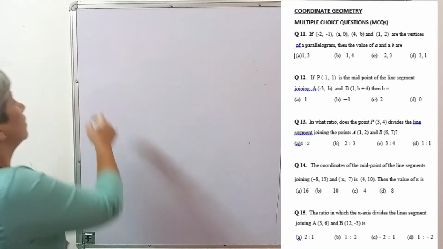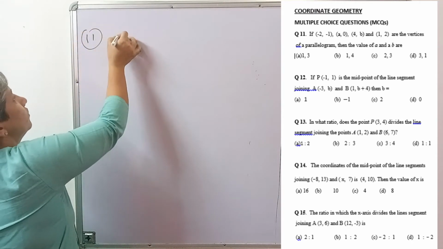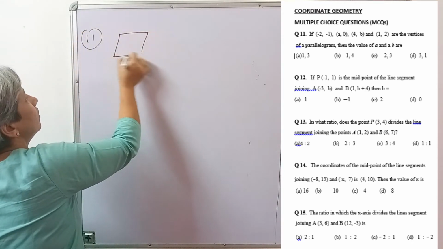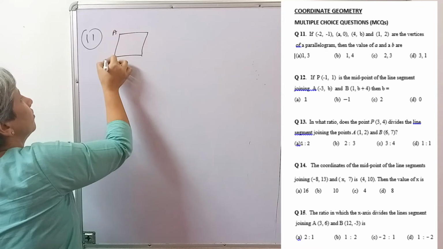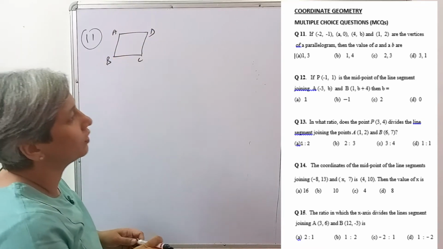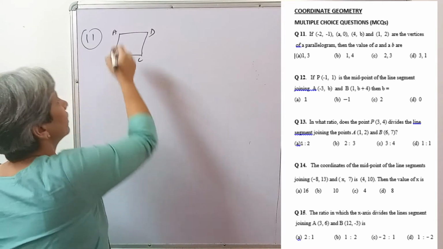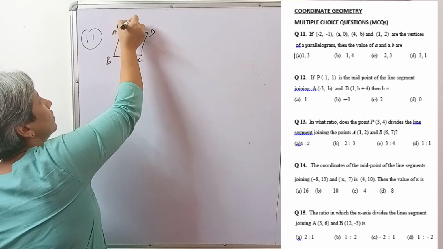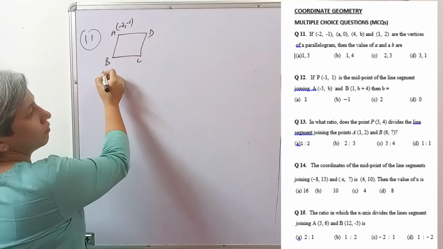Okay, right. So we are given the vertices of a parallelogram. Say parallelogram be ABCD. Okay, so it's given A minus 2 minus 1, B